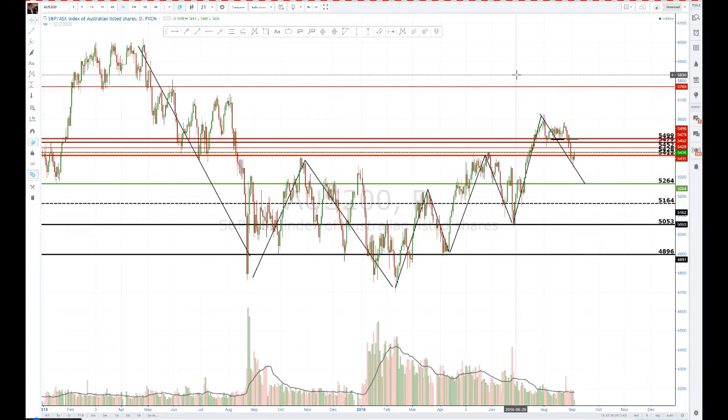Now, a couple of things I want to mention on that. The first thing is, this is one of the times in the market where you have to make some exceptions. The technicals tell you one thing, but on the other hand, you've got to look at the current market dynamics. We're in a very volatile period, heading into these critical months. We know that the central bankers have all sorts of games up their sleeves, and we know that